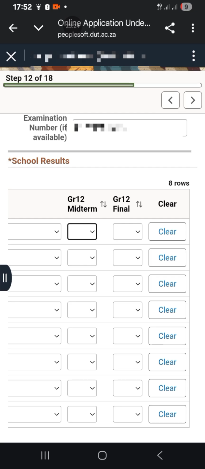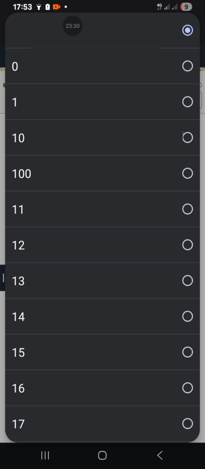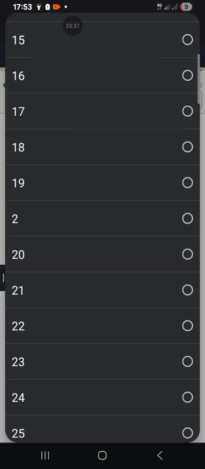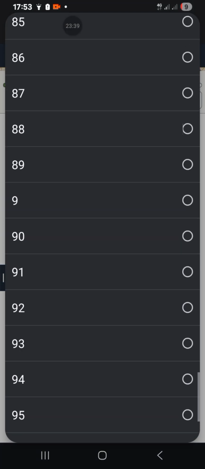But if you already have your matric certificate, then you select lapha grade 12 final, then you write ama-percentages that you got.